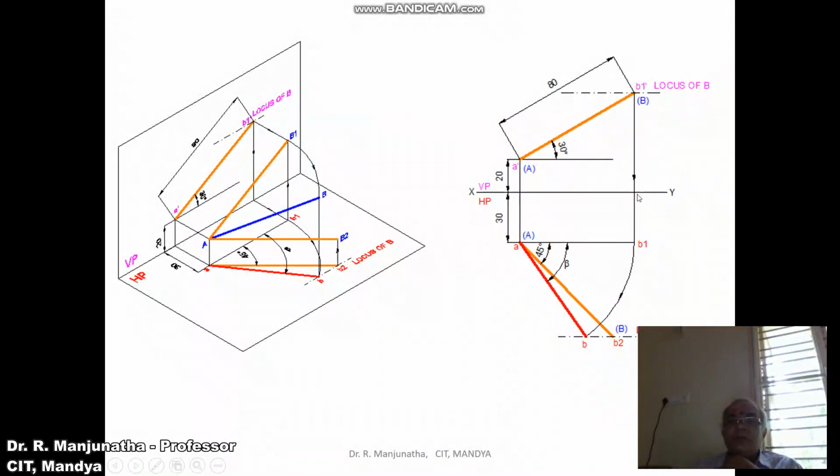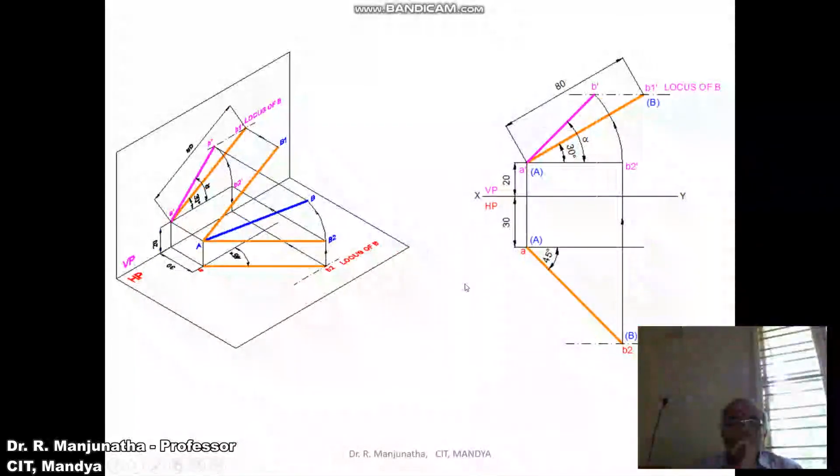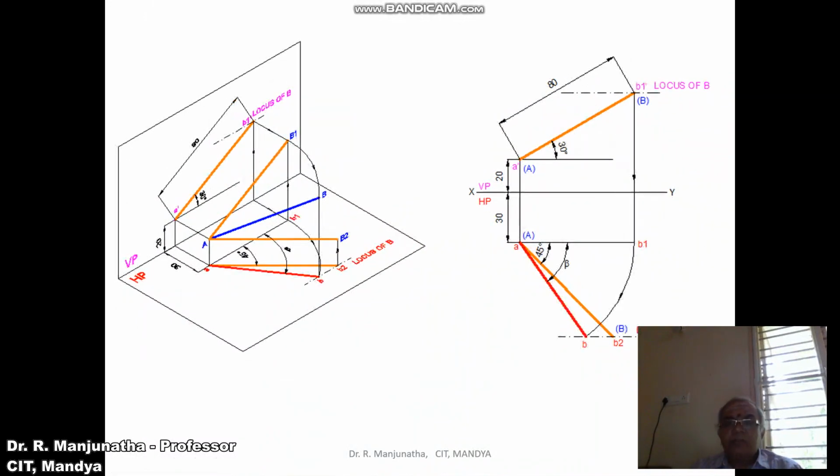So this is how you will be able to get this to the drawing. Now we need to find out the true length, and the apparent length. So we know that this is the true length in the vertical plane. If the line has to be true length in VP, obviously that line has to be parallel to VP. So you can see this is the line which is the true length in the vertical plane. That line has to be parallel to VP.